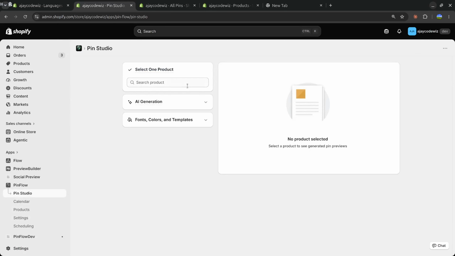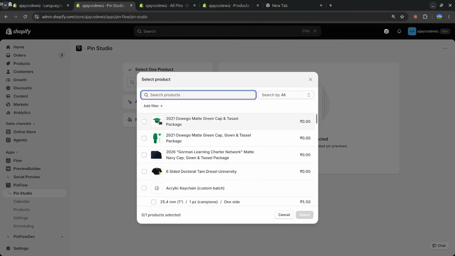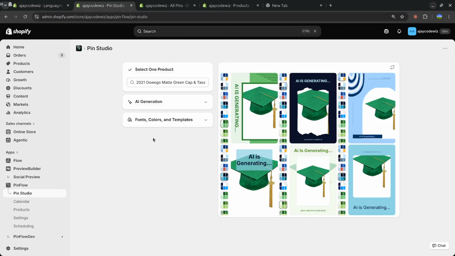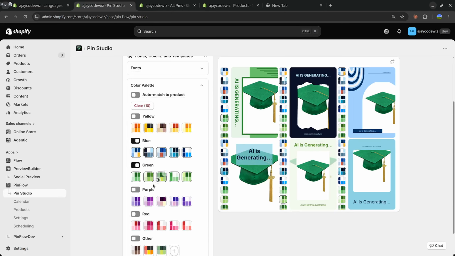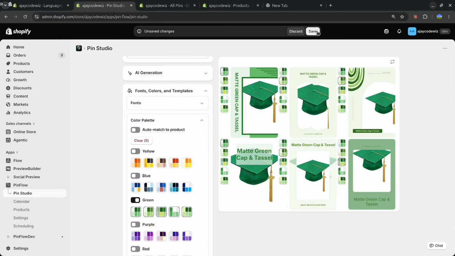So here, let us show how it works. First, I will choose a product. I will choose this one. And if your products are in green, choose the green setup palette as your default and turn all of them off. I will save it and